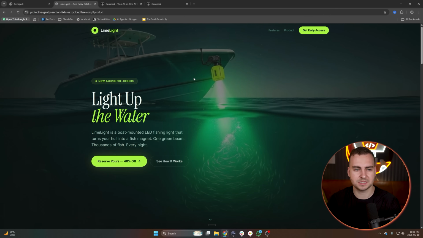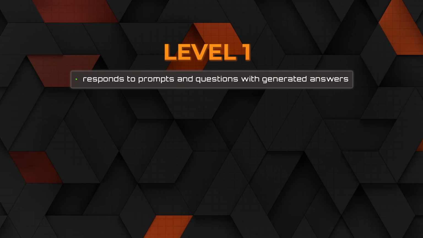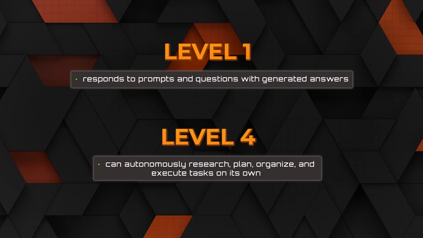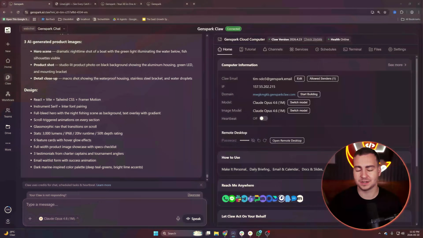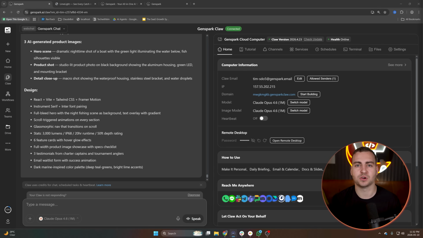And of course, that was a relatively simple task, but if I ask it something much more complicated, I can just let this run. I can do it from my phone. I can connect it to different channels, and it can just run automatically in the background and even self-improve itself, as much as I want it to. Now, this is the difference that I was alluding to at the beginning of the video, right? At level 1, I ask a question, we get text back. At level 4, I describe what I want done, and the AI just handles the entire execution. In this case, researching, building, deploying, organizing, generating images completely autonomously. Now, this clearly goes several steps beyond using other AI coding tools to just build a website, right?